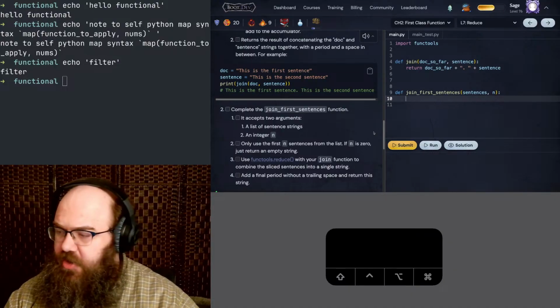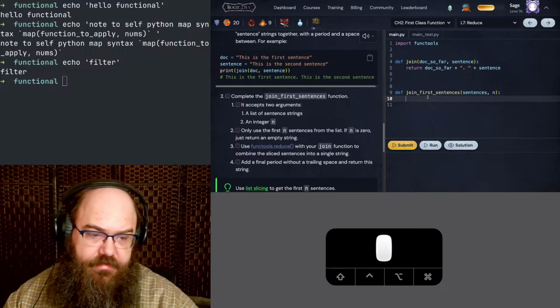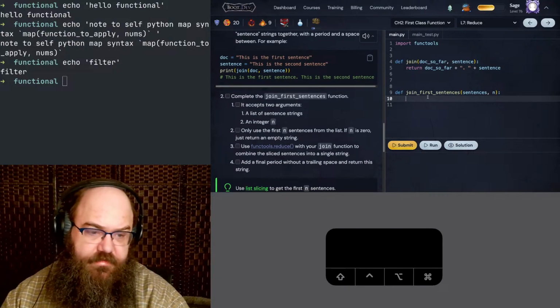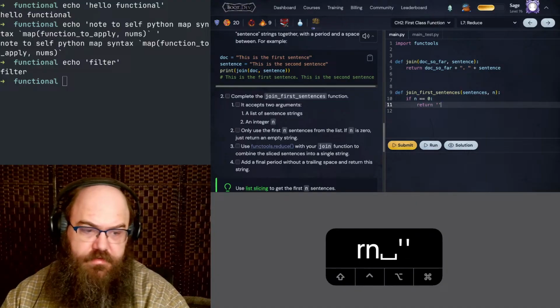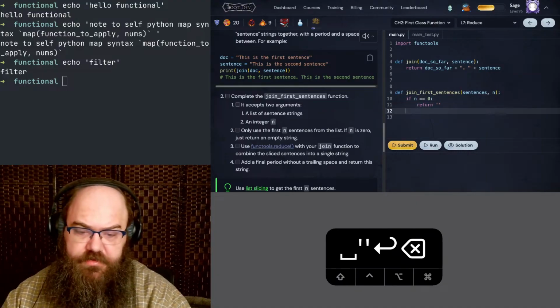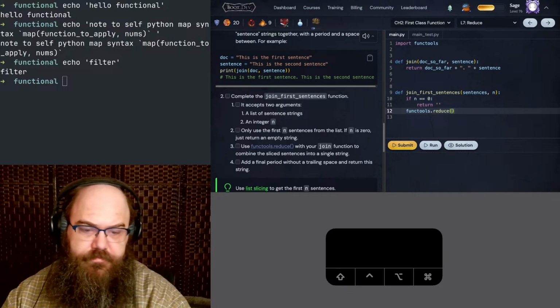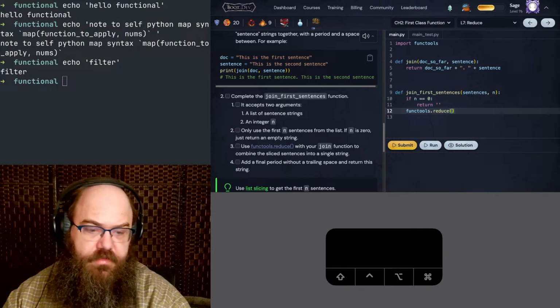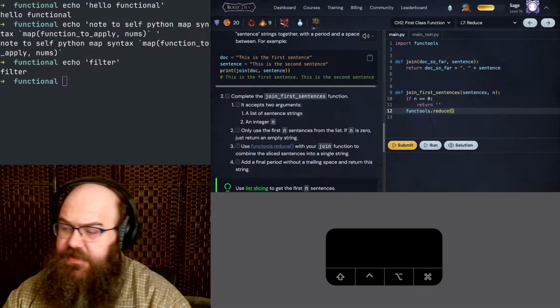Okay, we're accumulating only up to a number. If n is 0, just return an empty string. Let's take care of that first. Use functools.reduce